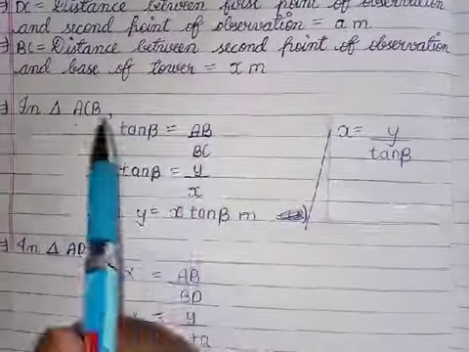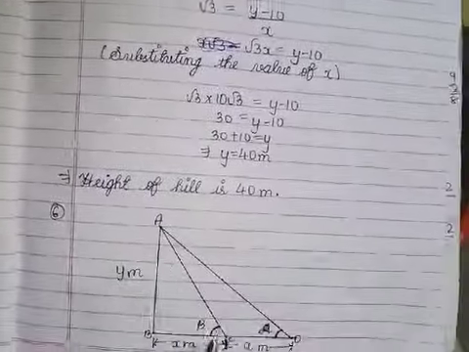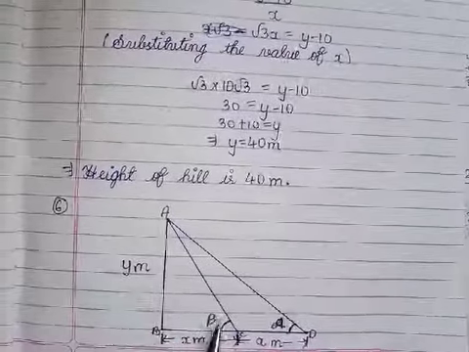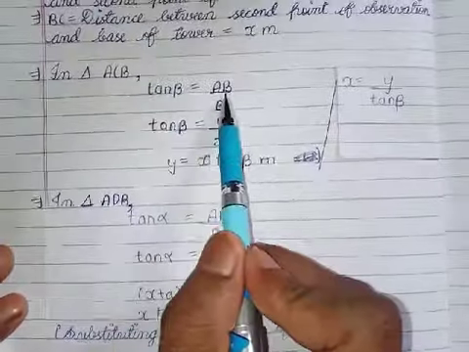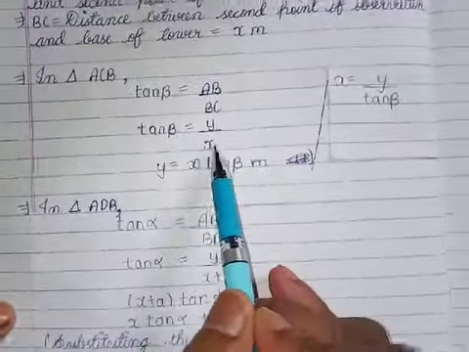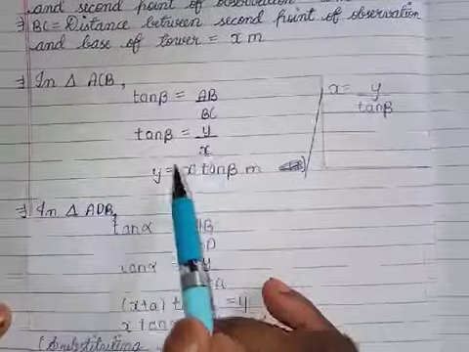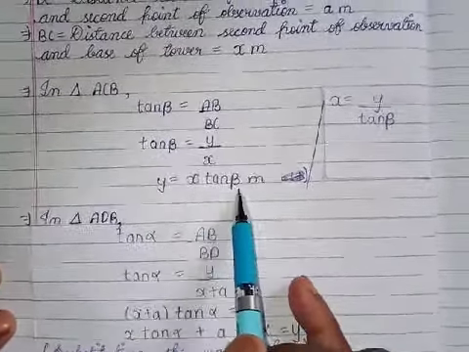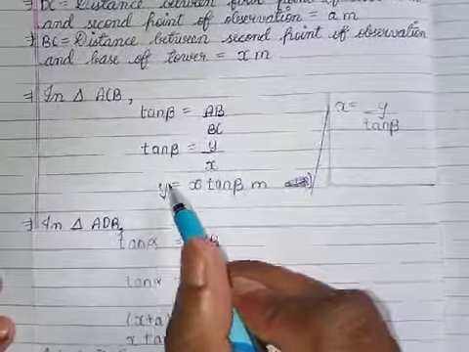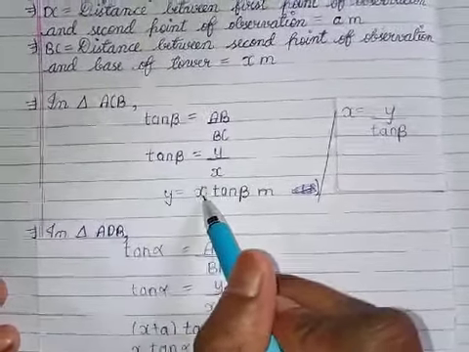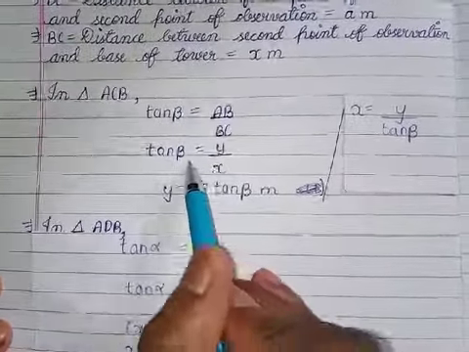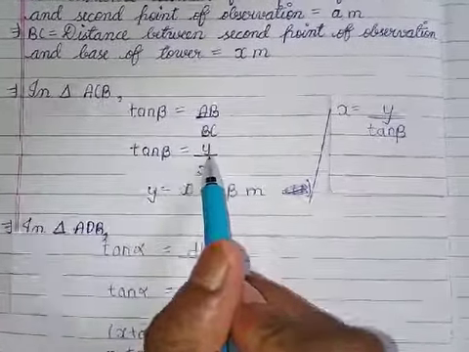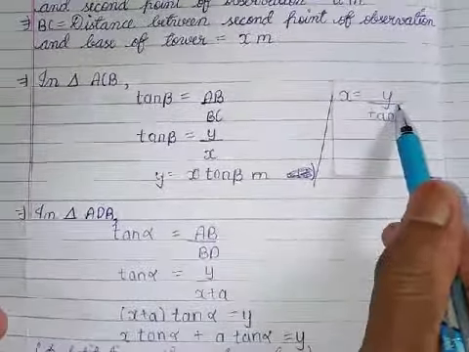Okay. If you take ACB, here again we have to turn the page. It is ACB, tan beta. Tan beta is equal to y upon x. So in triangle ACB, tan beta is equal to AB upon BC. Tan beta is equal to y upon x. So if you multiply here, we will get y as x tan beta. Since we want to find y, make x the subject of the formula. If you make x the subject, what will be the value of x? You can find it from here also. x will be equal to y upon tan beta.